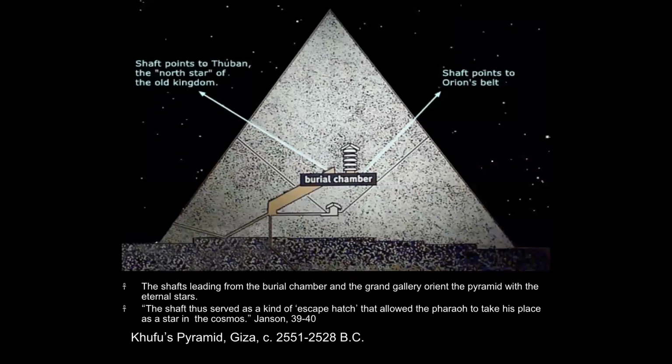So as far as what the shafts that lead out to it mean, this is really speculation. Like the earlier complexes, it is perfect north, south, east, and west. One shaft points to Thuban, which is the North Star of the Old Kingdom. Right now, the North Star is Polaris, but 4,500 years ago, Thuban was, and in the future, Thuban will be